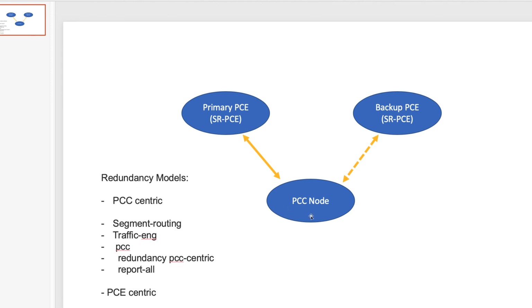So far, we have been creating policies directly on the PCC node. And when you create those policies on the PCC node, they stay on the PCC node, and your SRPC has no clue about those policies. If you want your SRPC to know about all the policies that exist on this particular node, we need to say report-all.